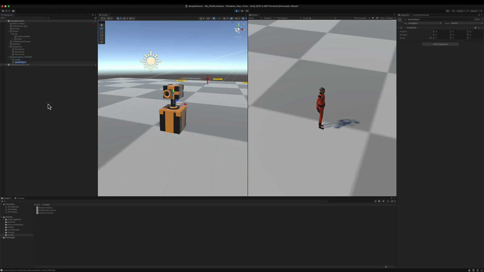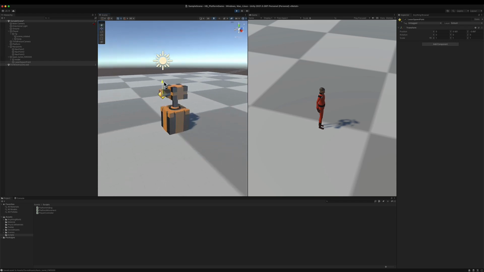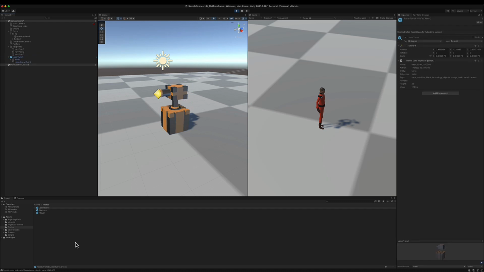It's going to be my laser spawn point, and I'm going to add a tag to this game object, and I'm going to position it over here in front of the turret, like so. Great. So now I have the basics for my turret. I'm going to create the prefab. Let's rename it to laser turret, move it to the prefab folder, and now we're ready to start working on